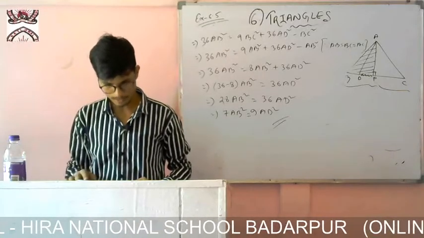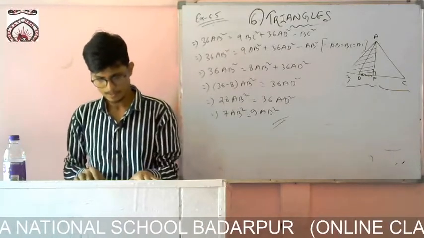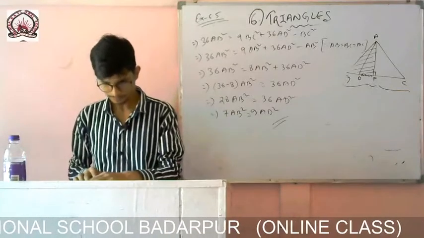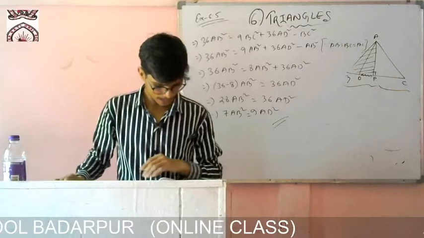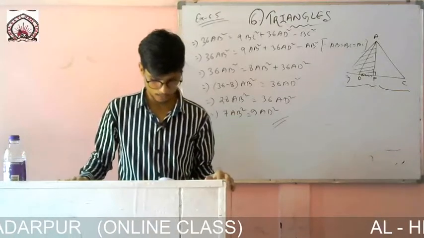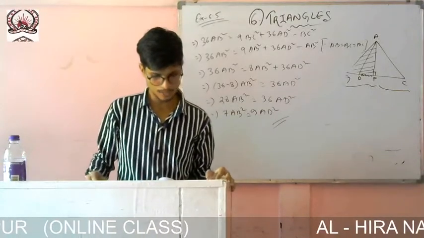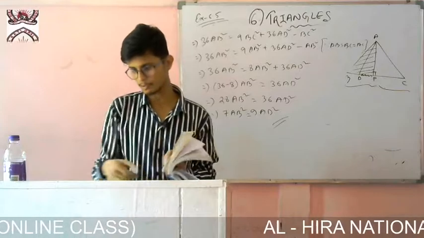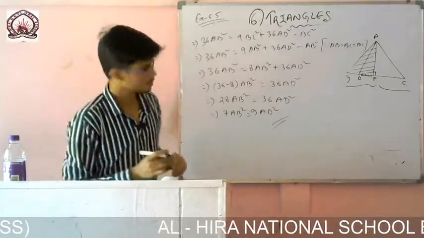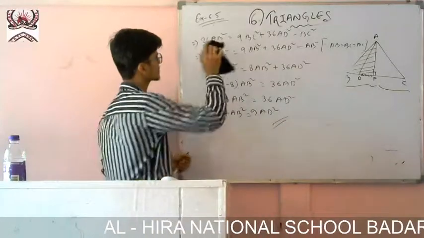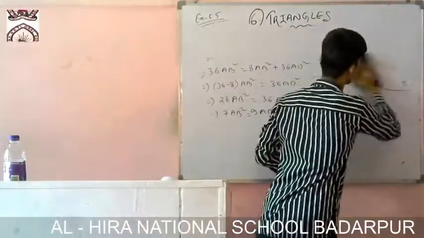Now example, question number 16, you see, it is given that in an equilateral triangle, prove that 3 times the square of one side is equal to 4 times the square of one of its altitudes. Okay, no problem. This is similar to one sum we have done. So I will do it.